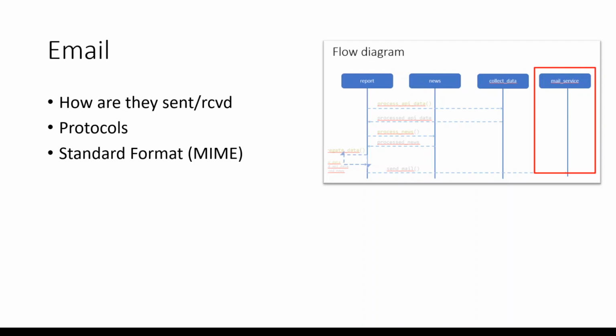The reason that we need to know all these things is that when we open gmail.com, all these things such as sending, receiving, the protocols and the formats are predefined. In order to send mail in a programmatic way, we need to know its internals a little bit, not too much. So we'll learn how we send the mail. Let us look at the protocol.